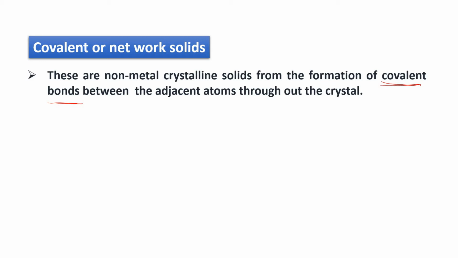In the crystal, what happens? Atoms will be there, and between the atoms, covalent bonds will be there. Because of the covalent bonds, they are very hard in nature and they form a crystal lattice, isn't it? They are formed by non-metals. These are giant molecules. When you observe their structure, what happens? They have a large size, isn't it? A typical large size. So they are giant molecules. Let me see that giant structure in graphite and diamond.